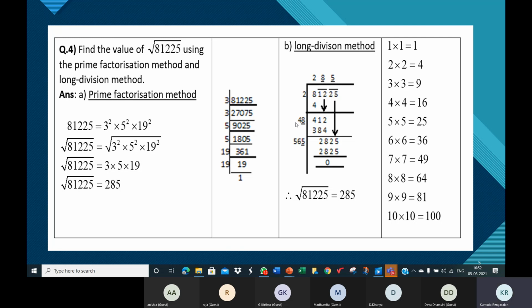Now children, you need to place a digit here and place the same digit here. So if you place a digit here, it's going to be 41. If you write 1 here, you should write 1 here. If you write 2 here, you must write 2 here. If you write 3 here, you must write 3 here. If you write 4 here, you must write 4 here. So supposing you write 4 here, 44 into 4. All of you find 44 into 4. Tell me the product, all of you. What is 44 into 4?